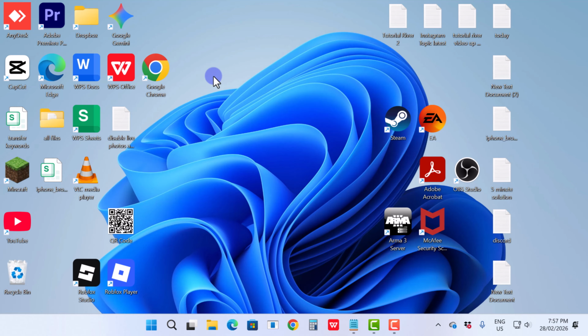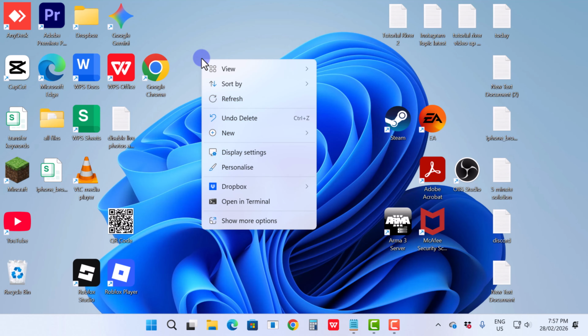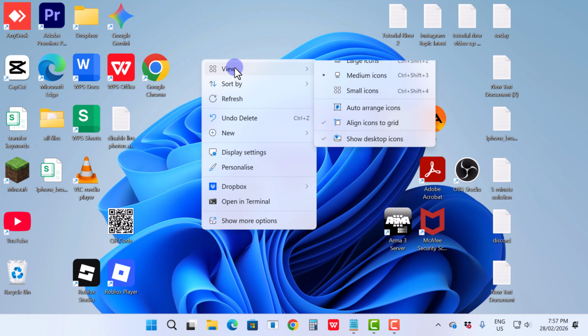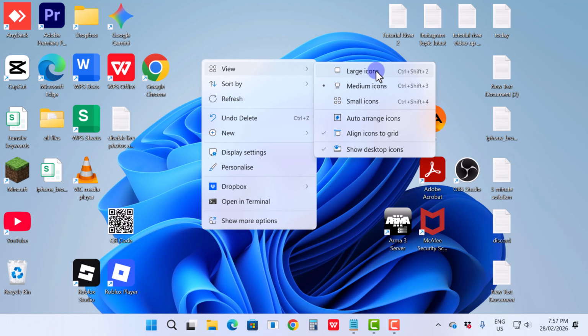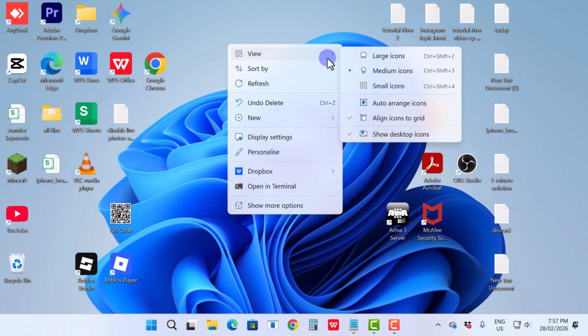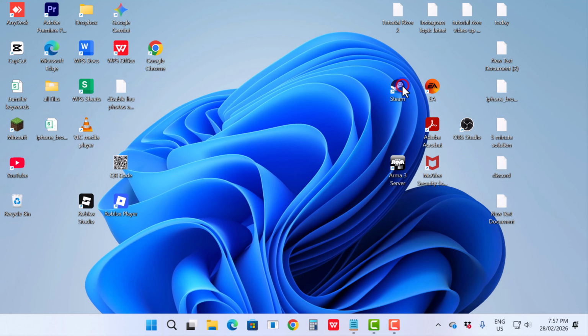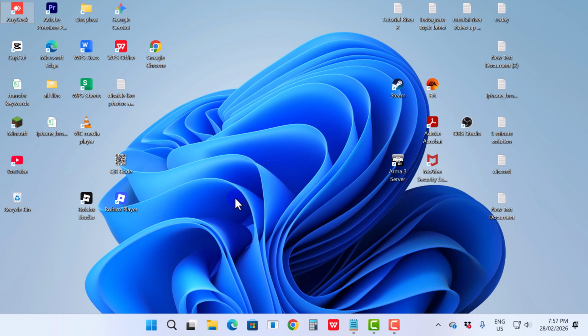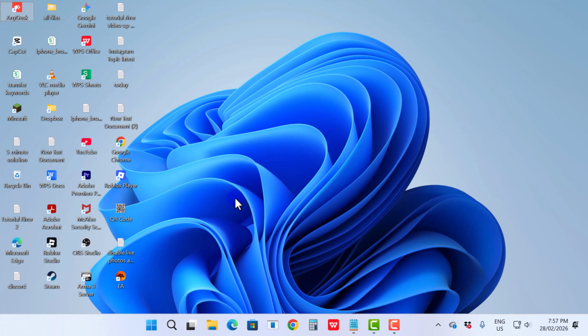In the first way, press on your mouse left side and you get the view option, showing three different ways: large icon, medium icon and smaller icon. When I select medium, now it's set to medium, and select smaller icon. Okay, now the icons are smaller. Okay, and then another,